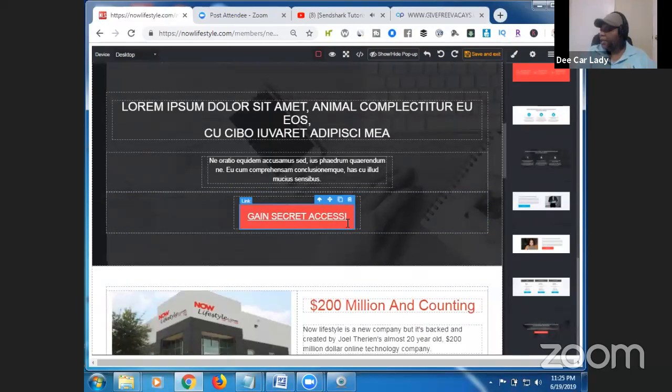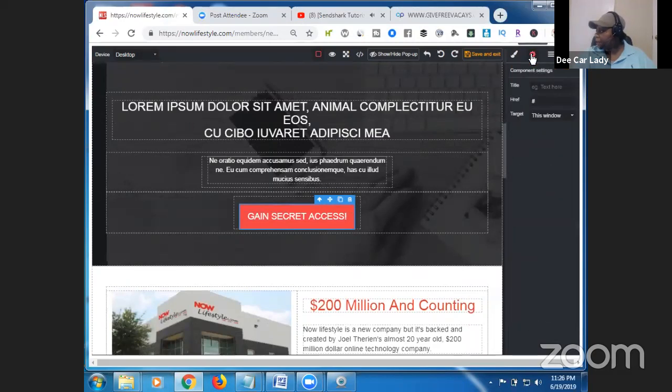Cool. All right. Now I need to make sure, even though that's in a link mode, that I tell it what the link is, right? So it's still highlighted. Let's go up to the cog right here. Yeah, that's the one. Right here where it says href, and it has a little pound sign, you go into that area and backspace, get rid of the pound sign, because that's where you're going to put your link. Your link to where when someone hits that red button,